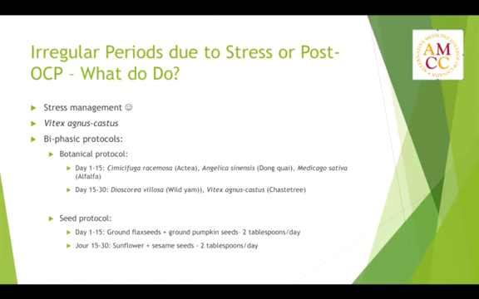We have seeds that have similar phytoestrogenic and phytoprogesterogenic effects. So again, day 1 to 15, you want to use about 2 tablespoons a day of a mixture of ground pumpkin seeds and flax seeds, which are rich in omega-3, and certain types of lignans that are phytoestrogenic. And then in the second half of the menstrual cycle, you want to use sunflower and sesame seeds, again about 2 tablespoons a day. So this tends to be quite helpful if your irregular periods are just due to stress